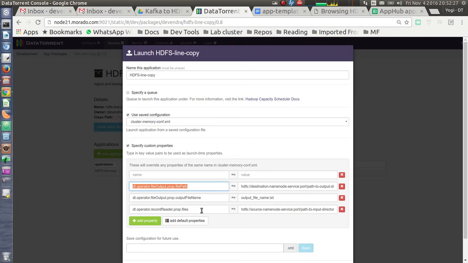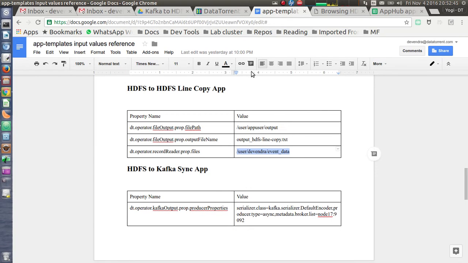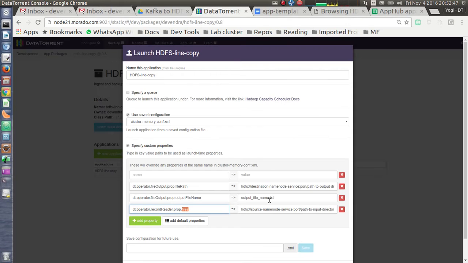The mandatory properties are, on the input side, we have record reader. We need to specify the files or directories to read data from. So I will be using this directory.